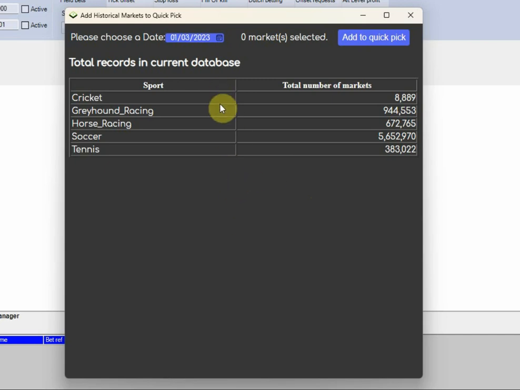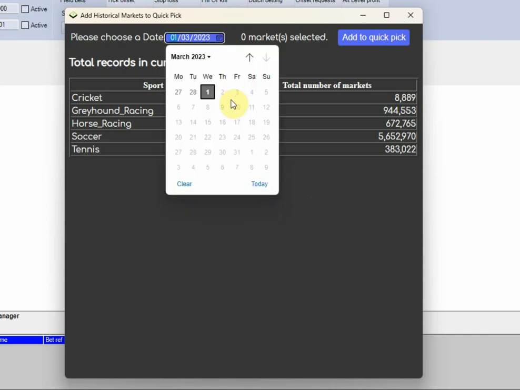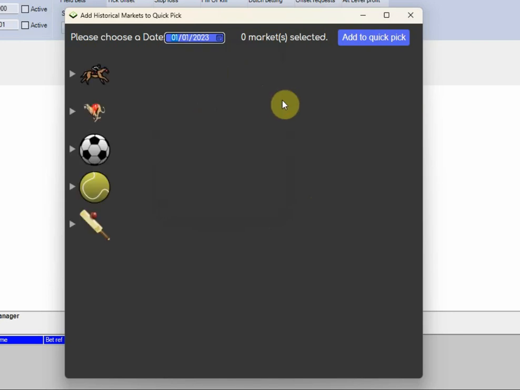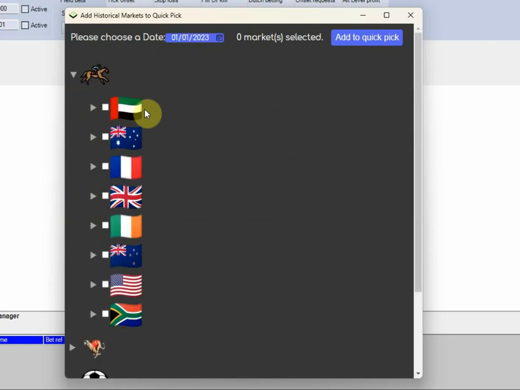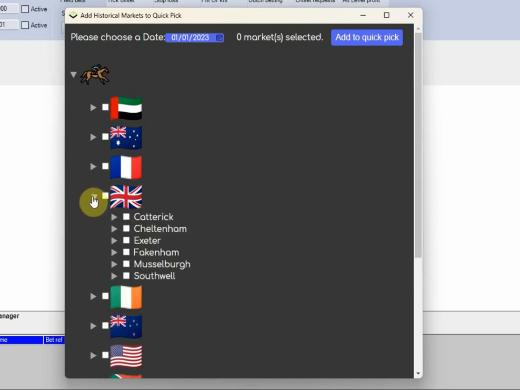So let's go ahead and add some markets. I'll go into my date picker here and select the 1st of January this year, 2023. Having selected the date, you'll see these icons for the different sports that we cover. I'm going to go into the horse racing, and then you'll be presented with flags for the different countries. I'll go into the UK,